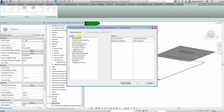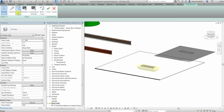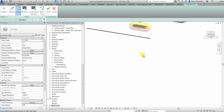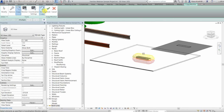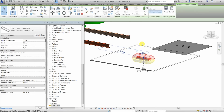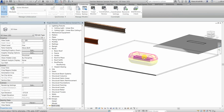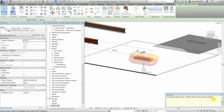In coordination settings, this is telling you which components you can actually copy monitor that can be ceiling based, right? Save, close. You copy monitor this element. So this is copying it out of the link into your own project, right? It may flip it upside down or something like that, but that doesn't matter. The only purpose we did that for was to create a family that is now...